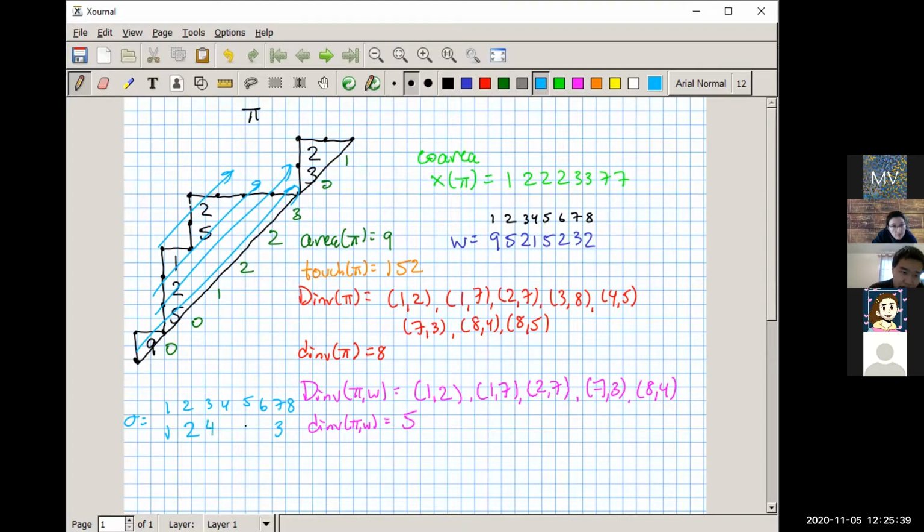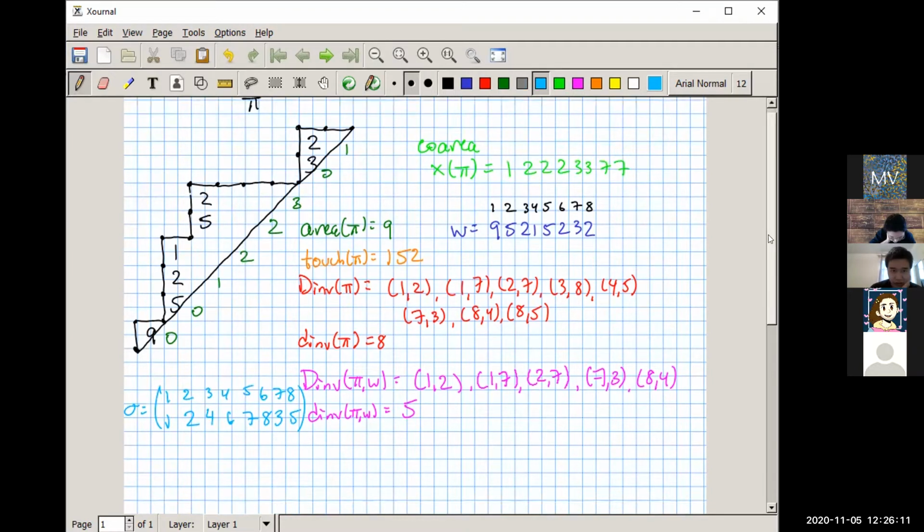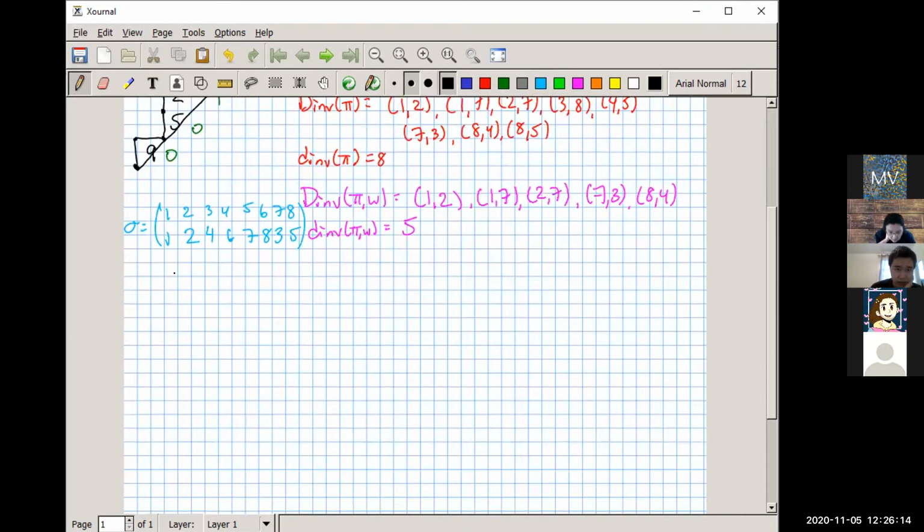So then let's see, 4, 5, 6, 7, 8. Is that okay? It agrees with what I have written, which I think is hopefully correct. That's a good sign. Okay, so pi prime is the unique Dyck path such that the area is this thing, and I've written sigma of din of pi. Okay, so let's see. So now pi prime is such that